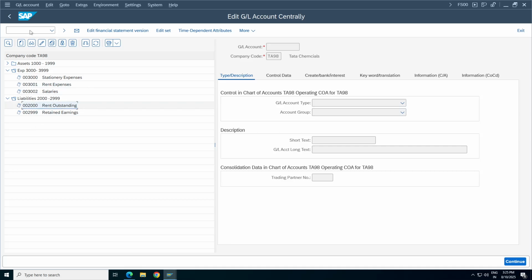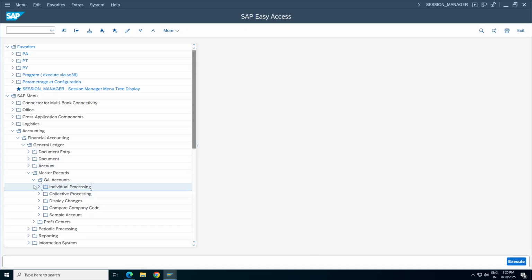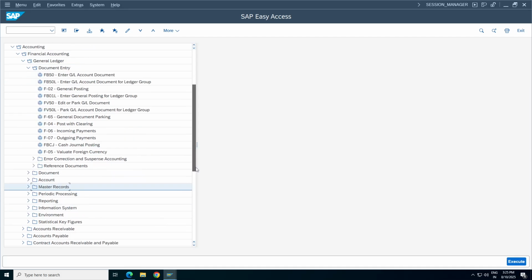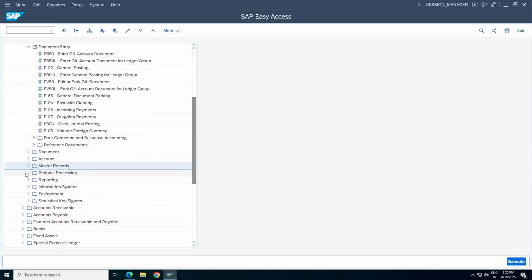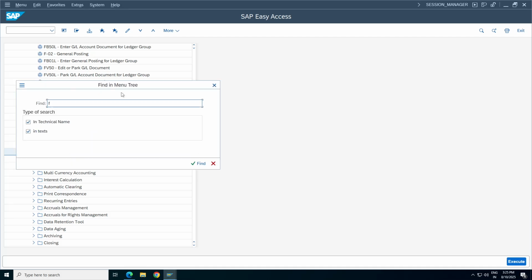Let us take the same example, rent to rent outstanding. It's not FB50; we have a separate transaction for posting accruals.